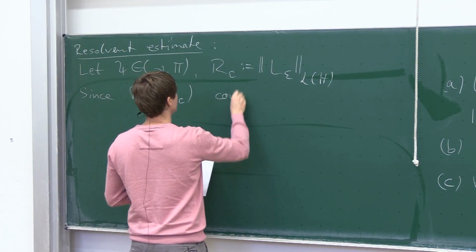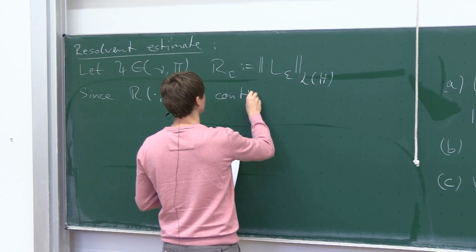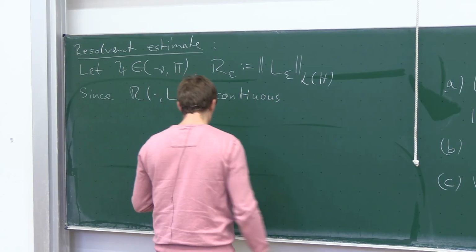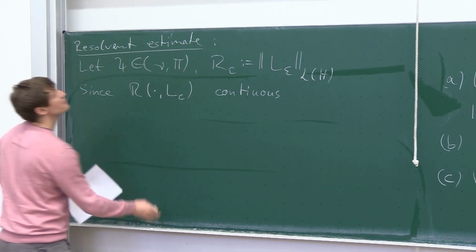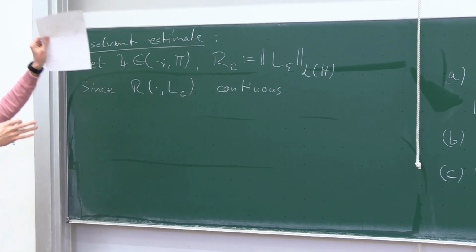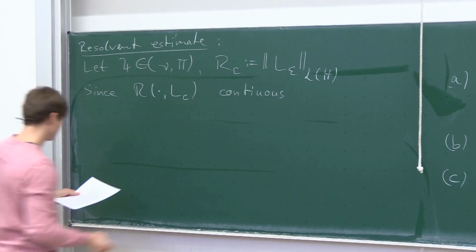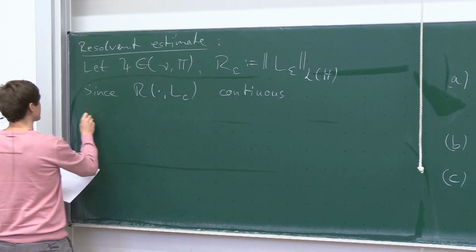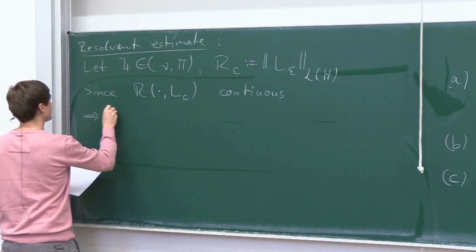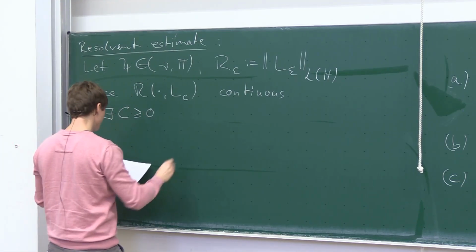In particular, it is holomorphic, and in particular it's continuous. So this means that if I stay in the neighborhood of the origin in this picture, then this continuous function stays bounded, right? Or the norm of it is also a continuous function, and this continuous function stays bounded. So it means there exists some non-negative constant c, such that